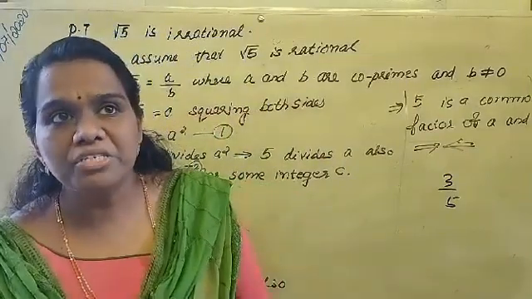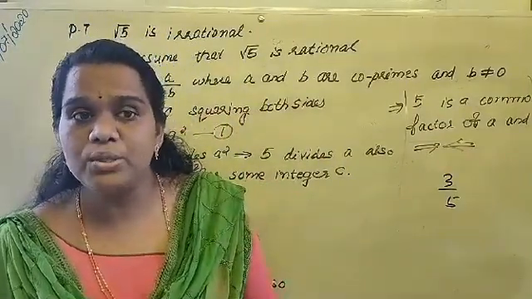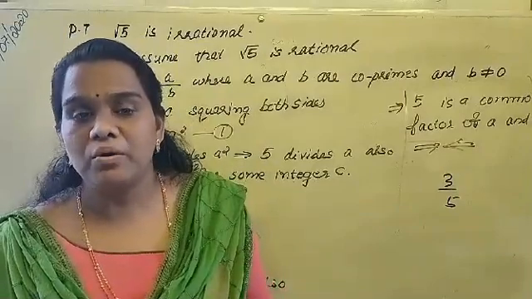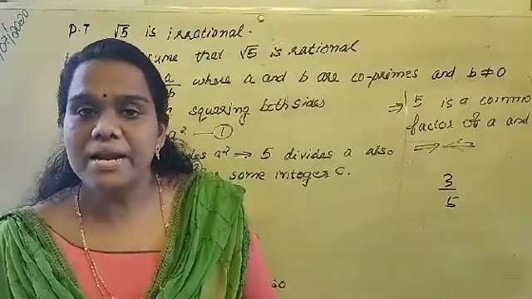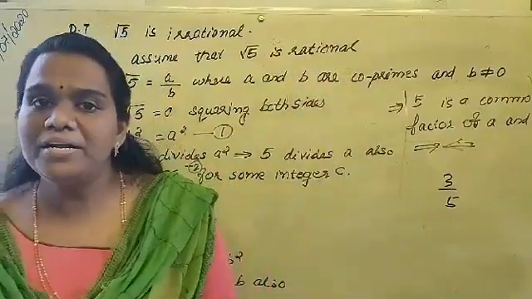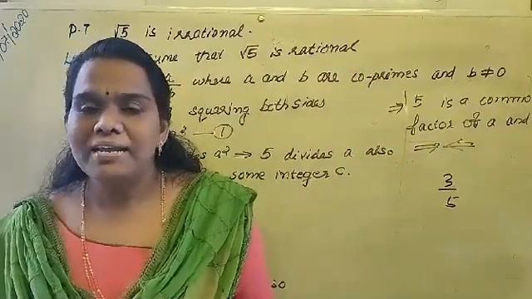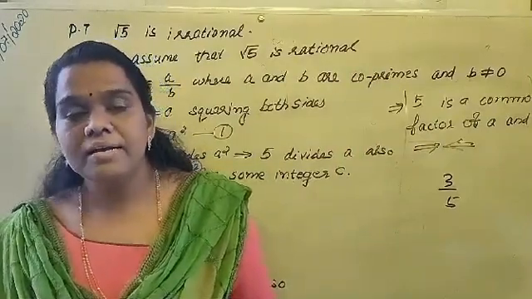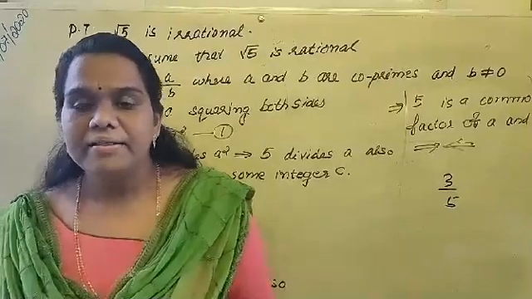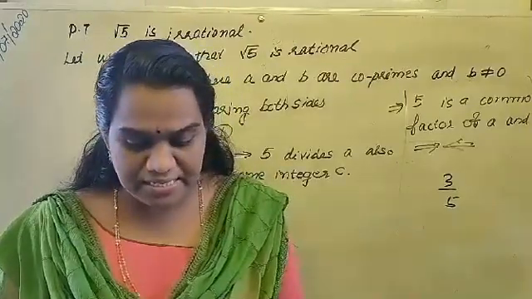We got a contradiction. Why did we get the contradiction? This contradiction has arisen due to the incorrect assumption. Which was that wrong assumption? Root 5 is rational. I hope you understood this for root 5, root 3 and root 2. Write and study it 2-3 times and study this very well. Okay. Now we can move to the next exercise.